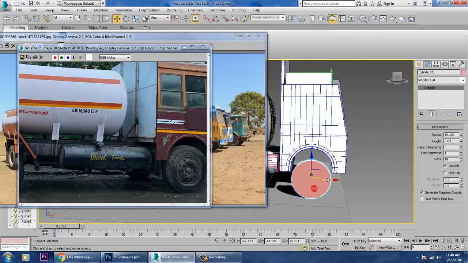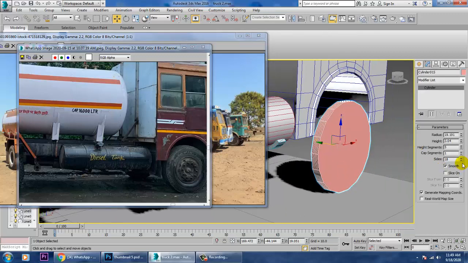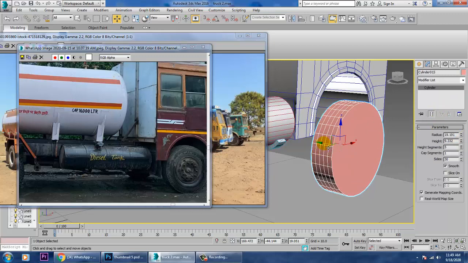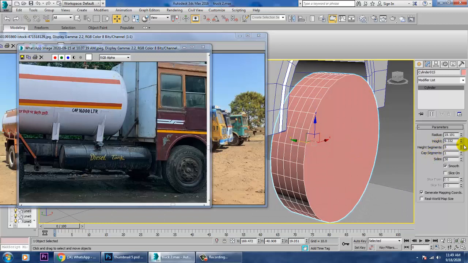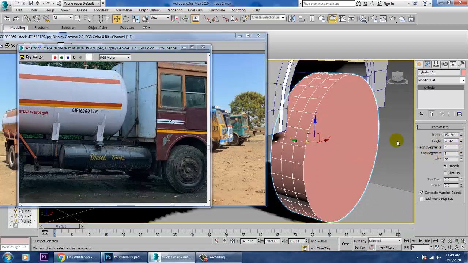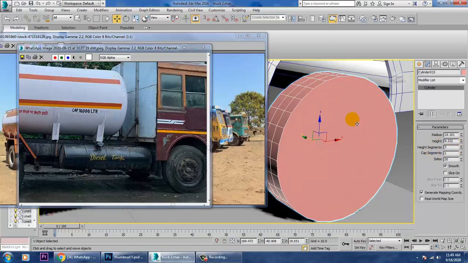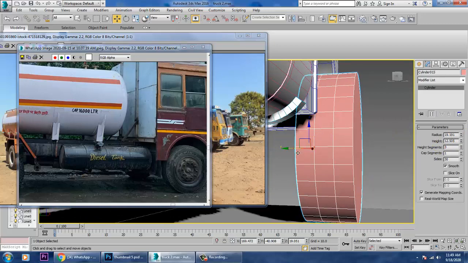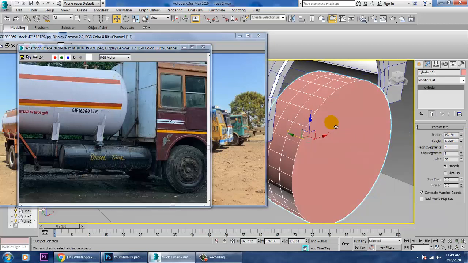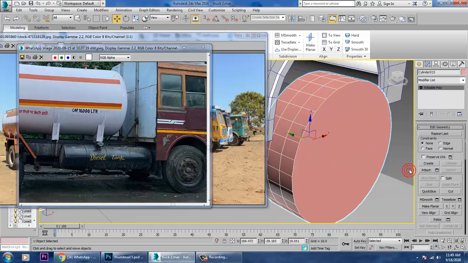Now let's go into this and let's increase its sides and increase its height. After increasing its height, we'll be just pushing this here, and we'll reduce its height segments. So let's increase its height a bit more, not much, a bit. After that is done, let's convert to editable poly.